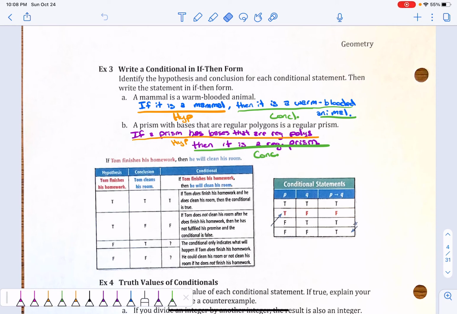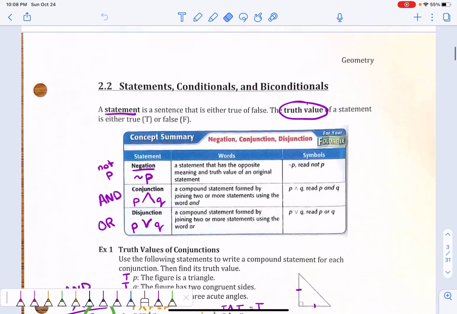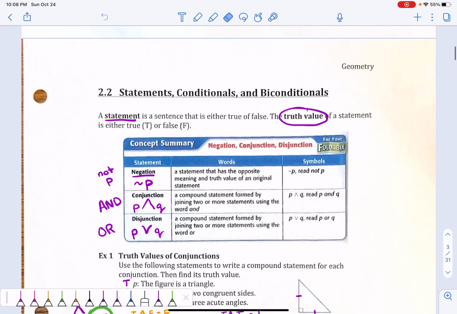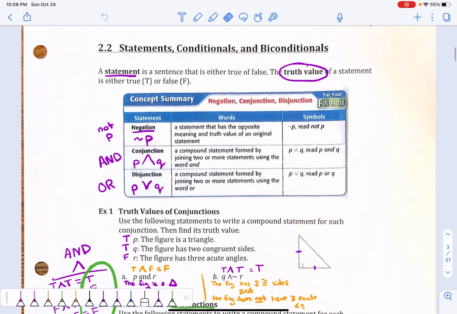Okay, geometry, I am home with a sick kiddo today, but we are going to continue on section 2 notes on Friday, I think, yes, Friday, no, like Wednesday